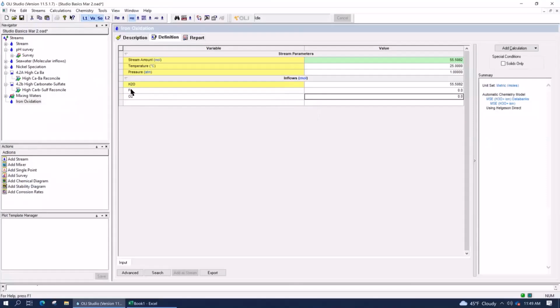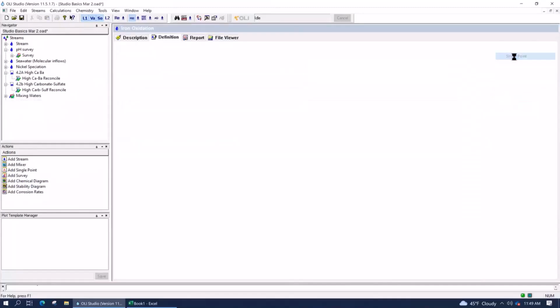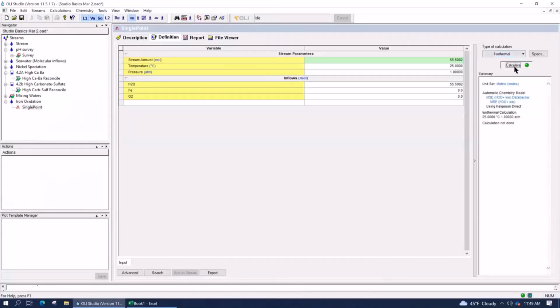Now, just for those of you not entirely familiar, iron can give up either 2 electrons or 3 electrons. Okay, oxygen in the molecular state, each atom will accept 2 electrons. So oxygen can accept a total of 4 electrons. Iron can donate either 2 or 3, depending upon the final state of the system. Okay. Now, by itself, if we were simply to add a single point calculation, for example, and press calculate,